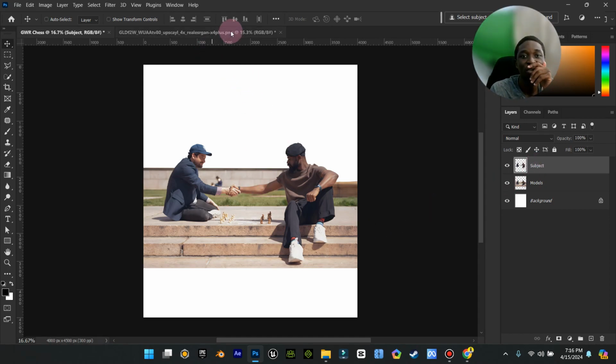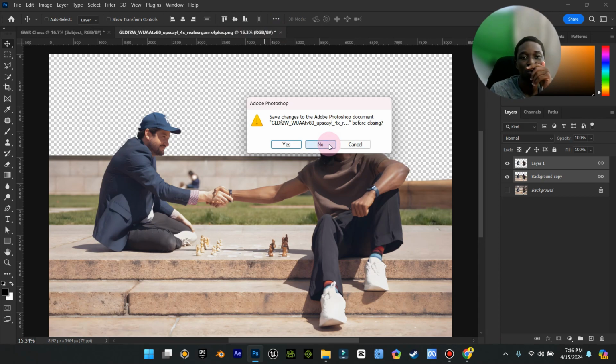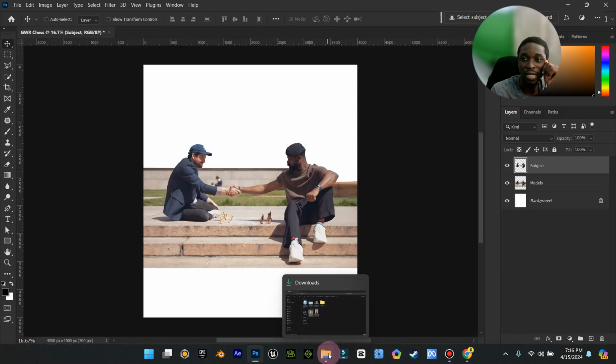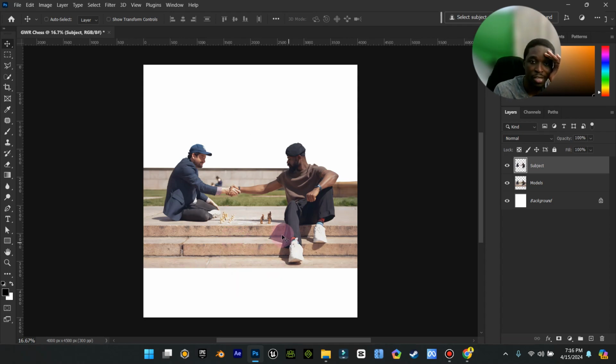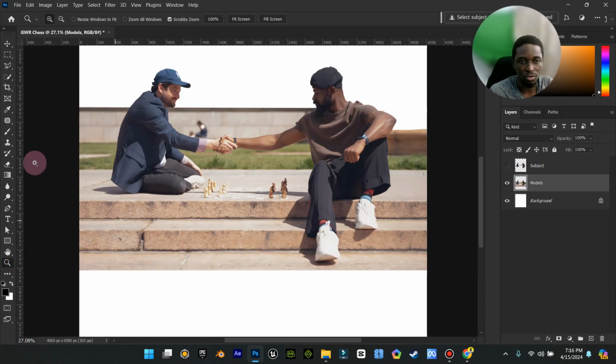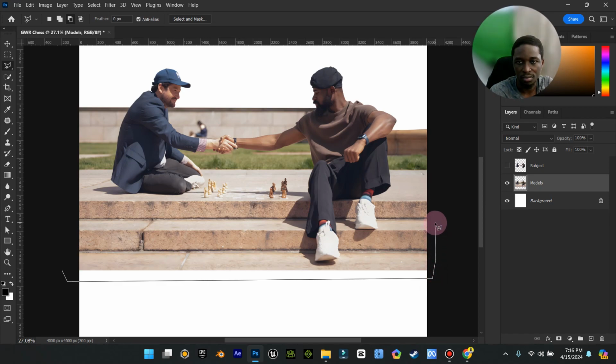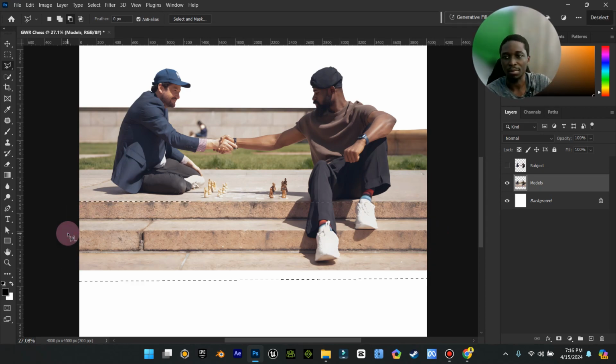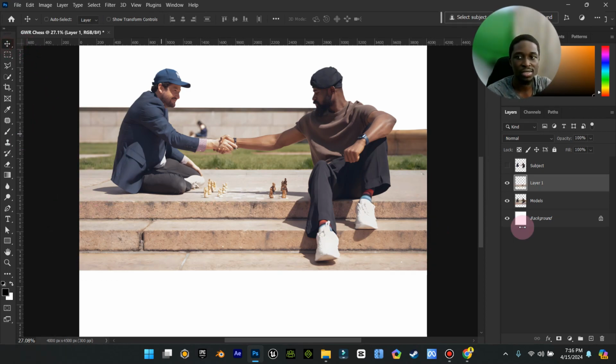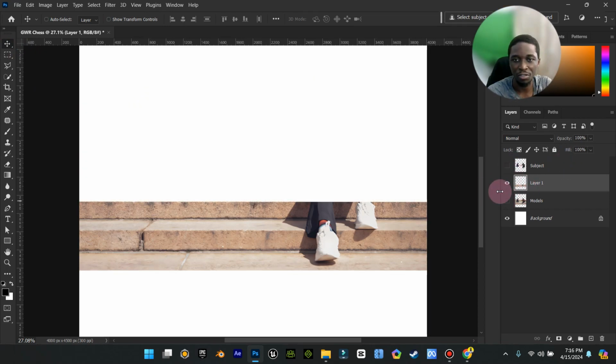Right, now before we bring in the other image, we can delete this. We want to find a way to replicate these tiers, right? We would like to replicate these tiers. So I want to see what I can do to make it just replicate it. So I'm going to try to select the tiers. Let me see if I can select it from here. Then I'm going to press Control J to separate the tiers. Then I'm going to turn off everything and see if it is possible for me to